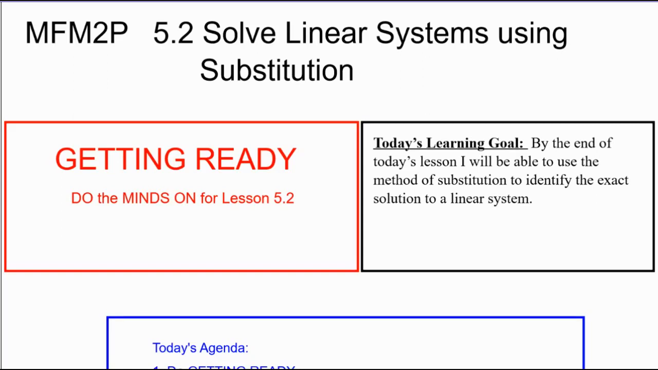Welcome to Grade 10 Applied Math. We are in Unit 2, Chapter 5, and Lesson 2 is Solving Linear Systems Using Substitution. By the end of today's period, you'll be able to use the method of substitution to identify the exact solution